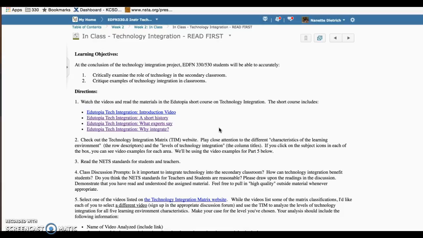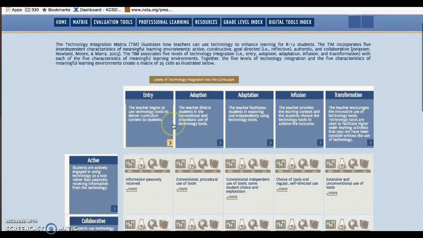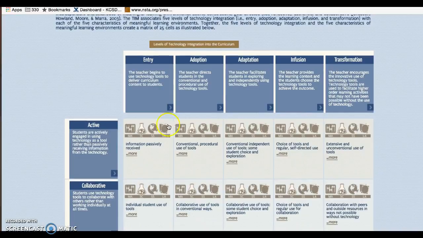Now finally, I'm going to ask you to go back to the Technology Integration Matrix website, and there's a list of videos. Let me show you what it looks like. Now this can be a little confusing, but it really isn't. So if you look on this right here,